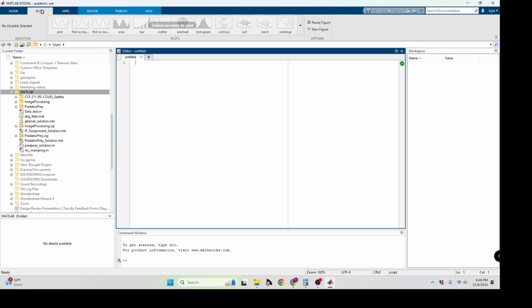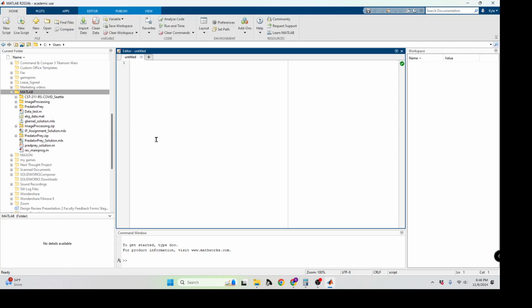There are so many ways to plot data in MATLAB. It's truly ridiculous. 3D contour, mesh, surface plots, those are some of the most useful for a lot of reasons, just because they're a lot easier to do in MATLAB and have control over image processing and complex data sets than other types of